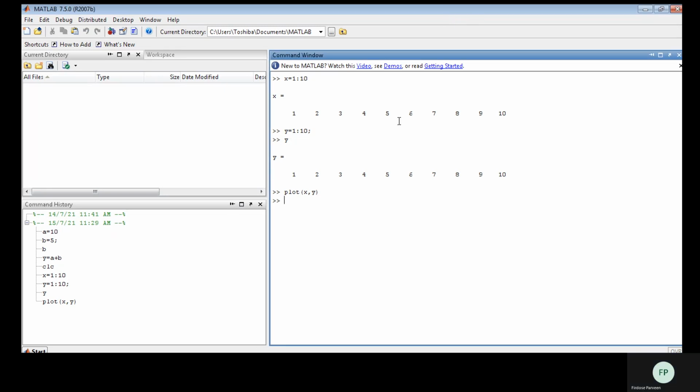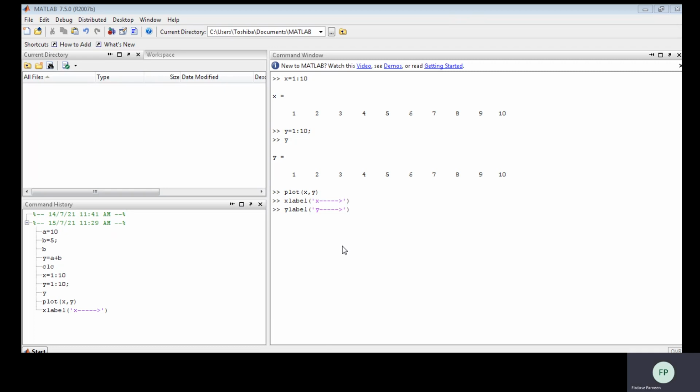For that purpose, I'll be using the command xlabel, and I should give a single quote, like x label.